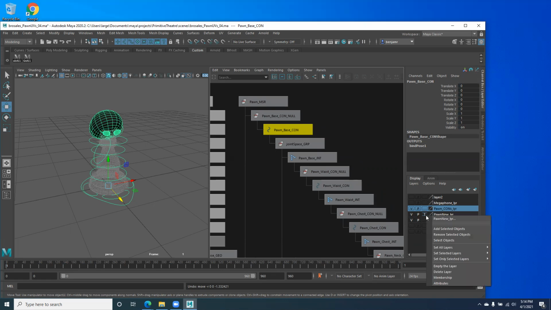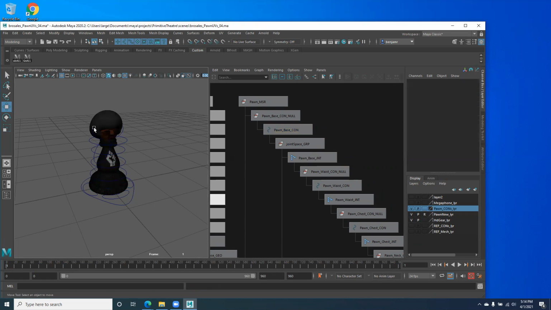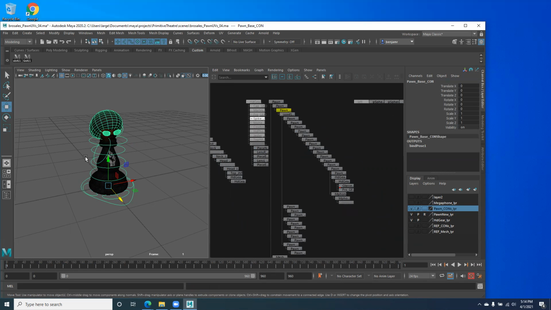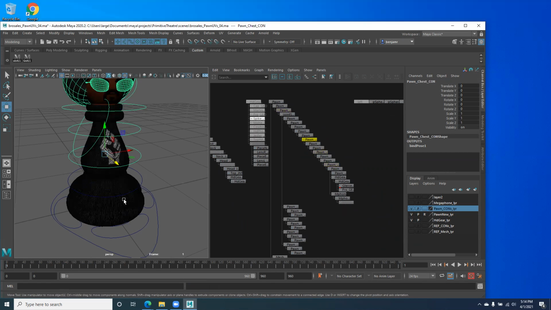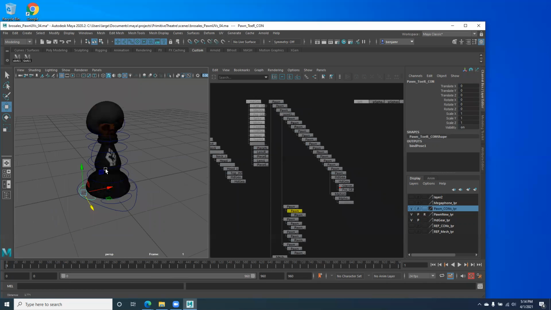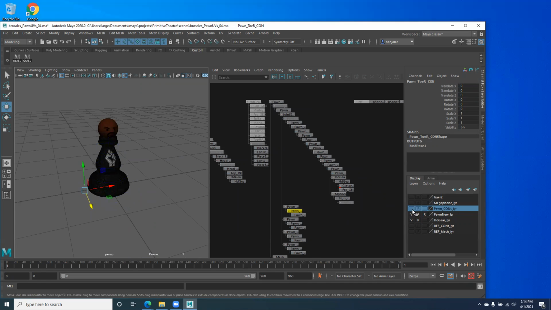So first of all, I need to restrict my mesh so I don't accidentally move that or animate that. But also I want to have all these little control handles we made, even down to the toes. I want those things selectable, not the cons, what I have on this cons layer. So I'm going to turn off my pawn layer. And if I turn off my cons layer, the reason everything turns off is because they're part of this hierarchy. We set up this hierarchy here, and whatever is,